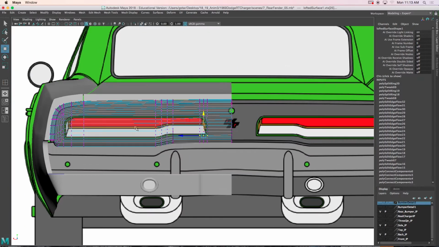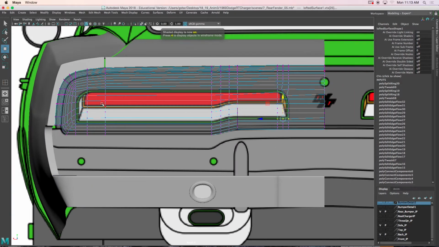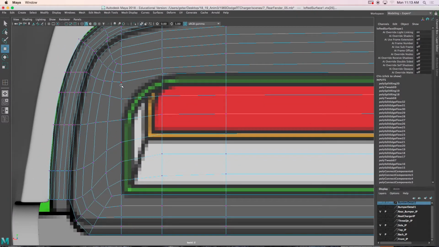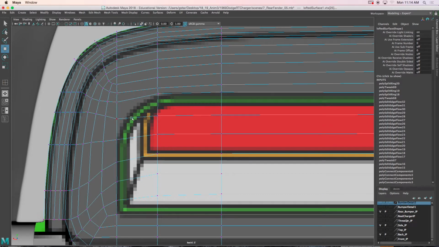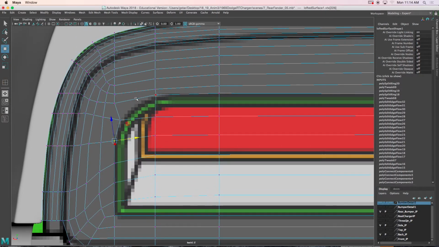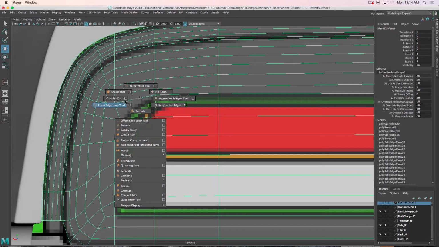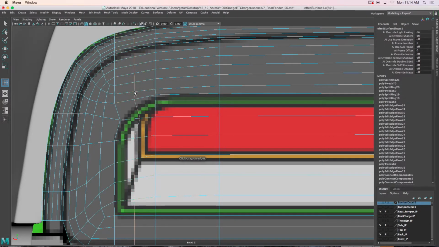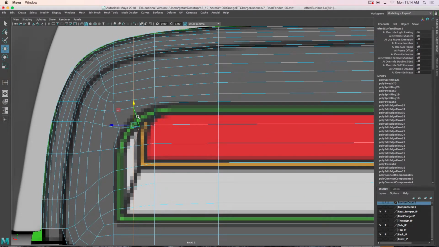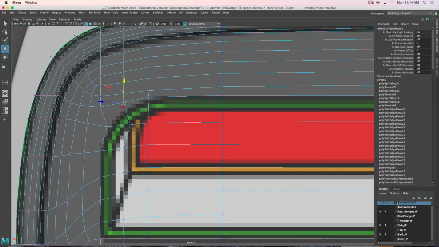Okay. So now we're simply going to work on the other side. I'll take that vertex, move it over. That one looks good. And I'm going to add one more edge loop in here. So let's do this. And take this vertex, move him down, move it to the right, and take this one, try to align it, create this nice curve,